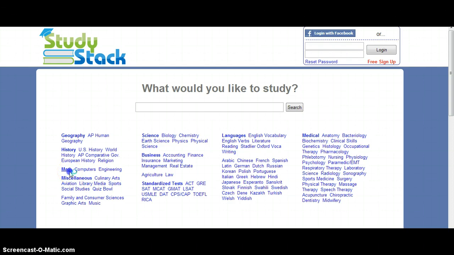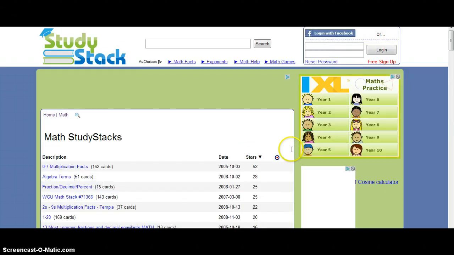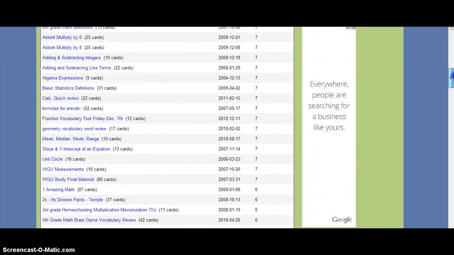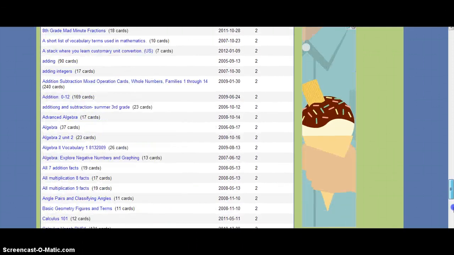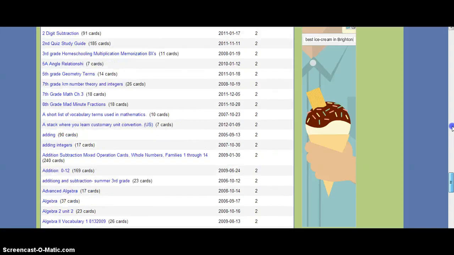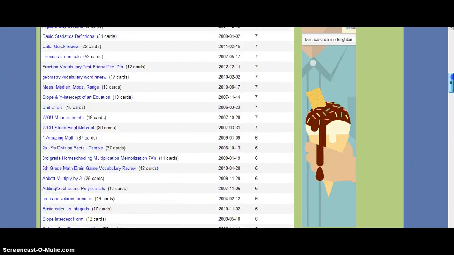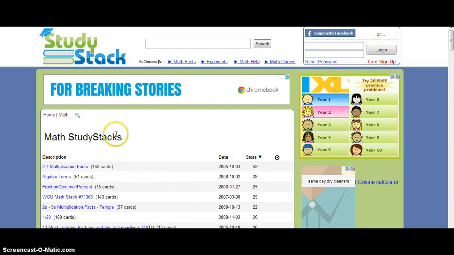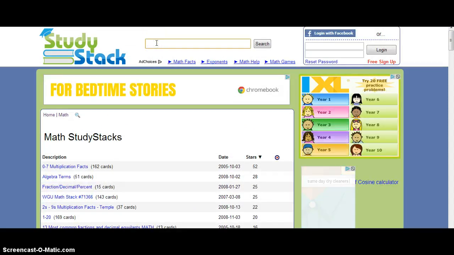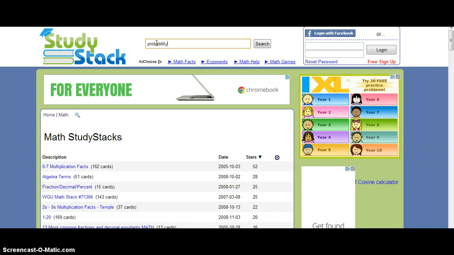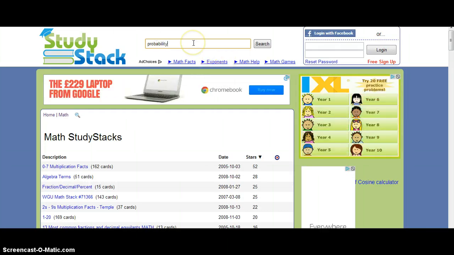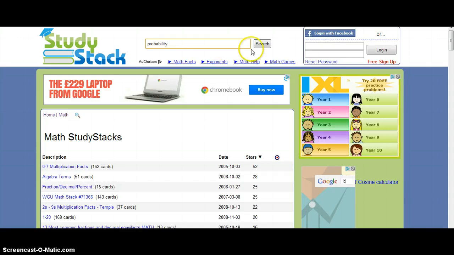So if, for example, we click on math, you've then got a huge list of all the different flashcards other people have made and uploaded in relation to maths. Now, it might be that you just want to revise things to do with probability. So if you use the search box at the top, you can search for any subject that you're specifically interested in. So if you click on search,